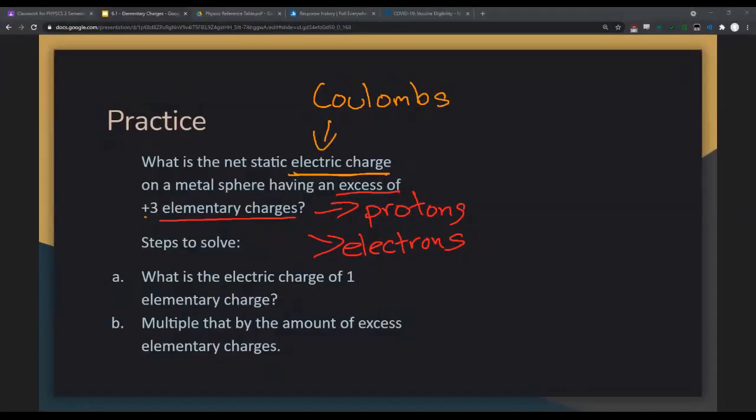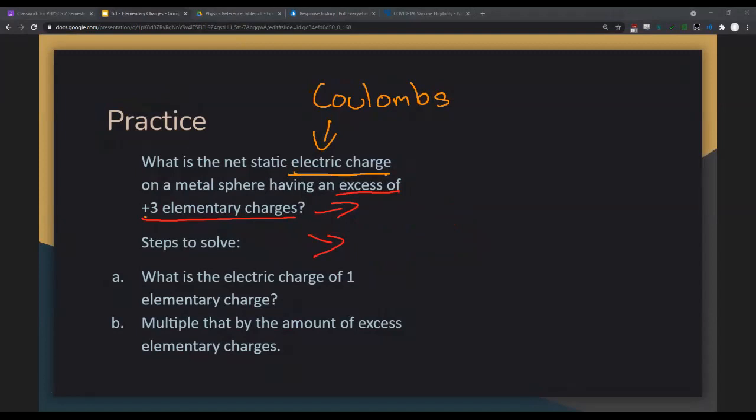Right? What does it mean to have an excess of something? You have an overabundance. You have more of something than you need. You have too much of something. Now, in this case, when it says you have an excess of 3 elementary charges, what that means is that